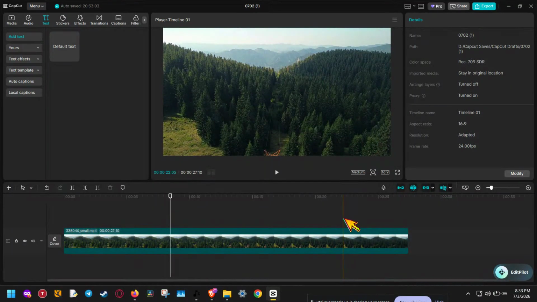Today I'm going to show you how to make gradient text in CapCut PC, step by step, using a simple method that gives you a clean two-color blend without needing complicated effects or advanced design skills. This is a great trick if you want your captions, titles, or intro text to look more polished and eye-catching